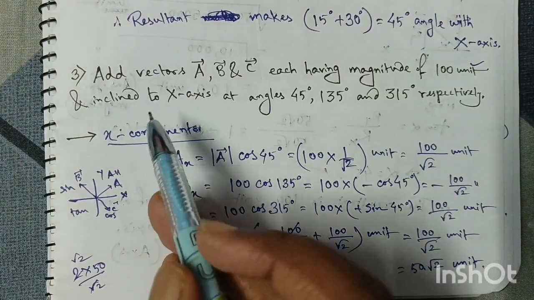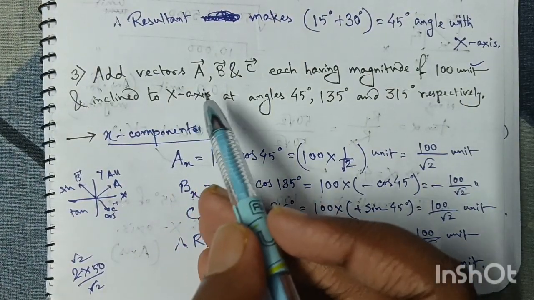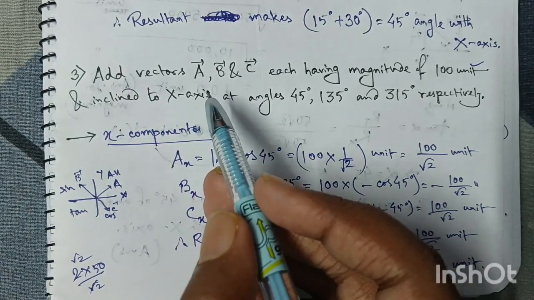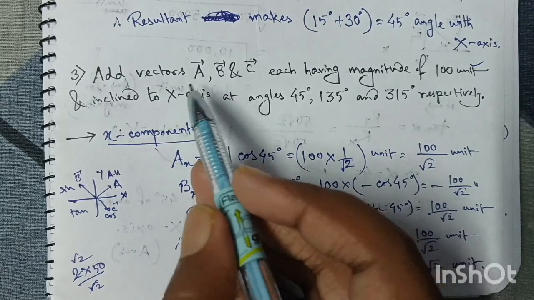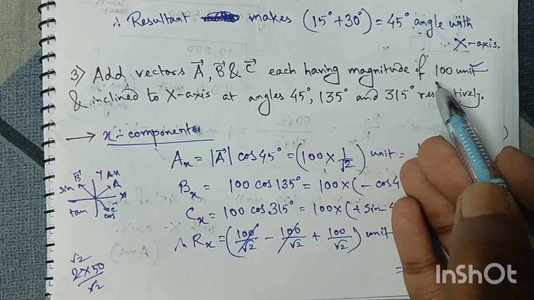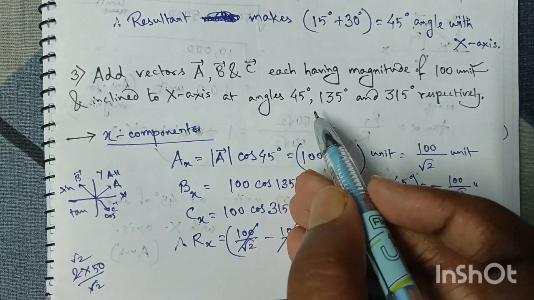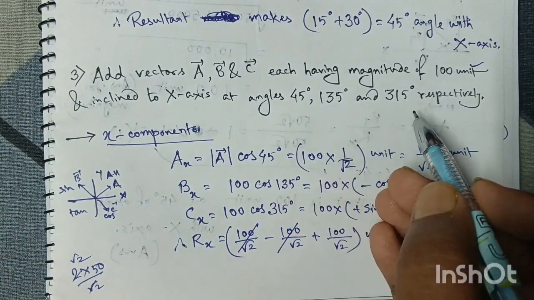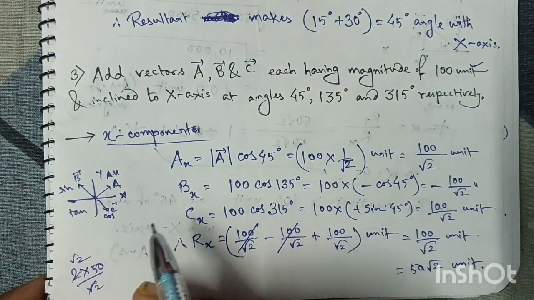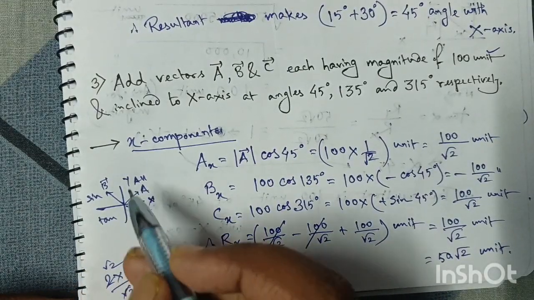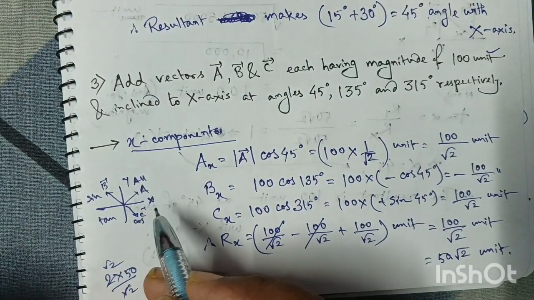Now number 3 is an interesting case. Here 3 vectors are given and we are told to add these vectors A, B and C, each having magnitude of 100 unit and inclined to x-axis at angles 45 degree, 135 degree and 315 degree respectively. Here is a small figure where we would